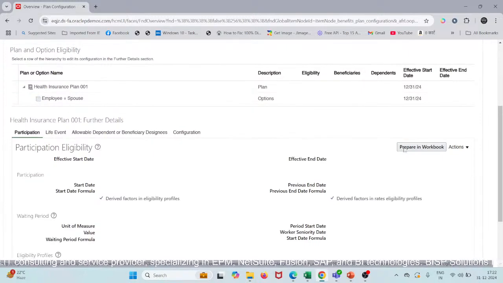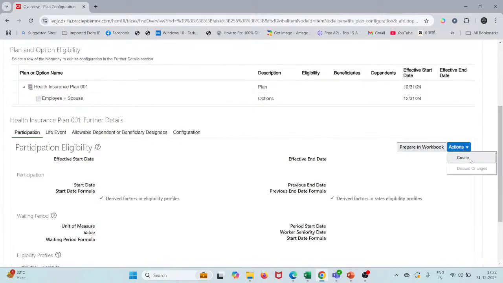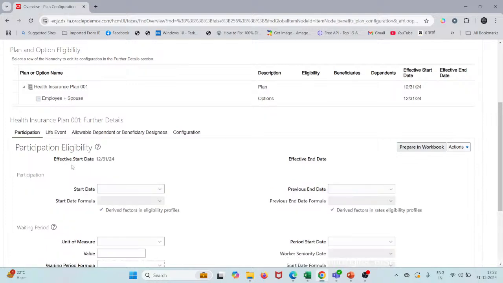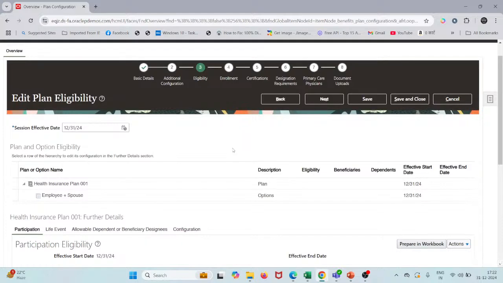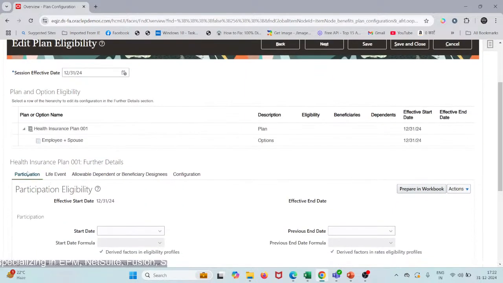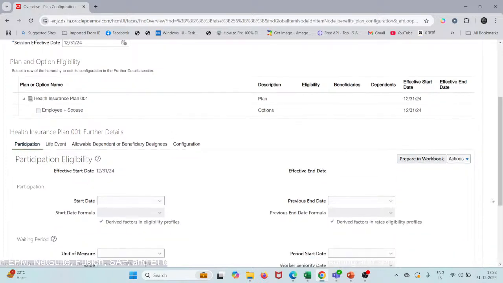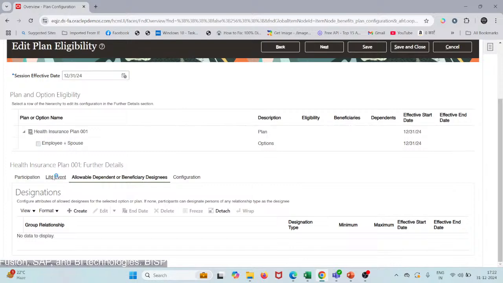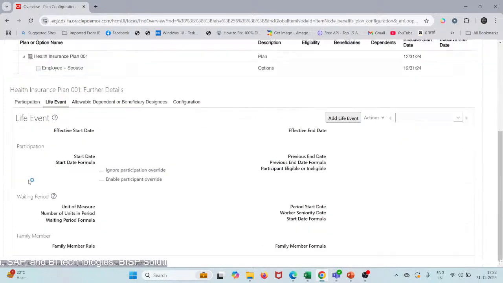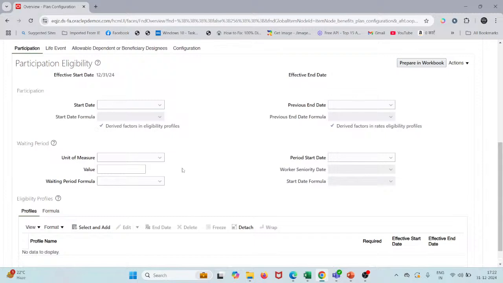So this is your participation, right? And yeah, there's your participation and live event as well. They have provided the configuration. So yeah, before we create any